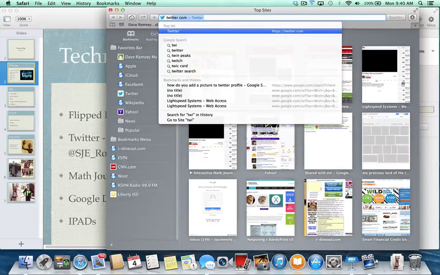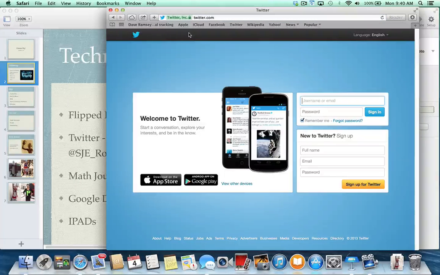And when you bring up Twitter, it's going to ask you to either log in, or it's going to ask you, if you're new to Twitter, to sign up. And I'm just going to encourage you to go ahead and sign up for Twitter. It has some similarities to Facebook, but one of the big differences is that it's short and quick. You can also install this as an application to your phone. If you have an iPhone, you'll go through the App Store, as you can see here. If you have a Droid or an Android-based phone, you can go to the Google Play Store and download Twitter. And then you'll want to follow us at